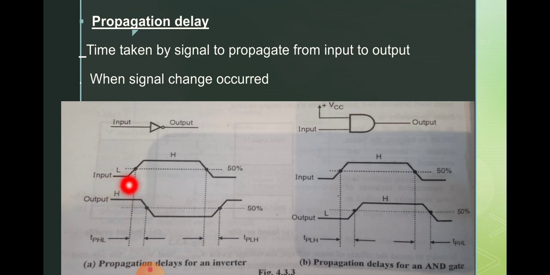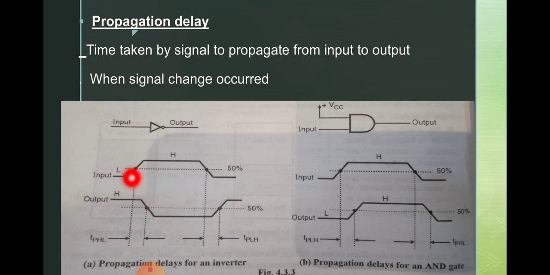When input is low, that means when the input applied to this NOT gate is low, which is shown here, then output is high. Now this input is low and it will change from this point to this point. When this change occurred, the output must immediately change, but in this case, when input is low, output is high, but it remains high up to this point. So this is what propagation delay, this is what delay.